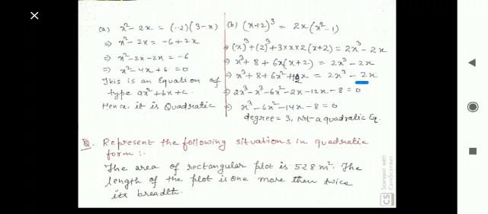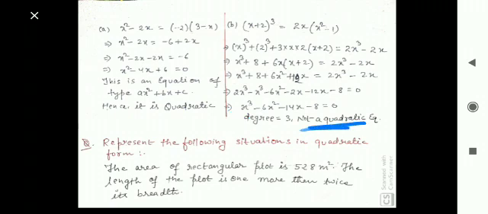Now just put all the parts on one side. So it will be 2x cube minus x cube minus 6x square minus 2x minus 12x minus 8 equals 0. Now see, in this equation the degree is what? The degree is 3. So if the degree is 3, then it is not a quadratic equation, it is a cubic polynomial. So we can say that the equation given here is not a quadratic equation, because the degree is 3. But for having a quadratic equation, the degree will be 2.